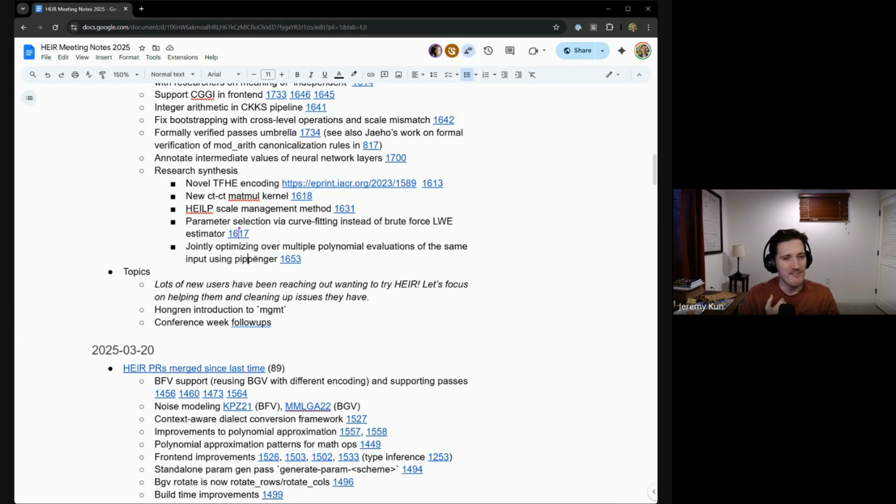I don't think we have any use cases where we have lots of polynomials evaluated on the same input, so that's a completely lateral research direction. I thought maybe there will be a time when we could do this and that might provide some benefits, so I just filed that away as an idea. Okay. That was all of the paperwork.